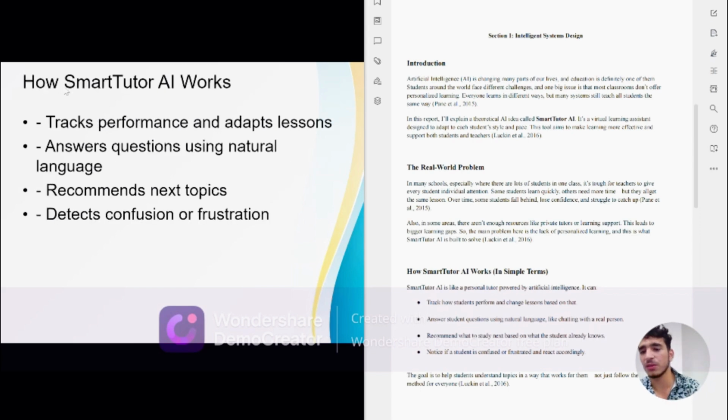So now we are going to explain how this AI tool can be beneficial for the students and how it works. First, one of the qualities of this AI tool is to track performance and adapt lessons. As we said, every student has his own capabilities.